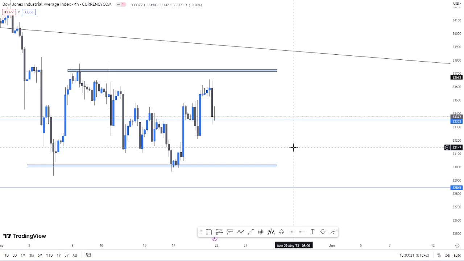So from here, Monday, you're gonna be expecting what? You're gonna be expecting buying opportunities to our resistance. You understand? You're gonna be expecting buying opportunities to our resistance. Your stop loss, you're gonna put it below